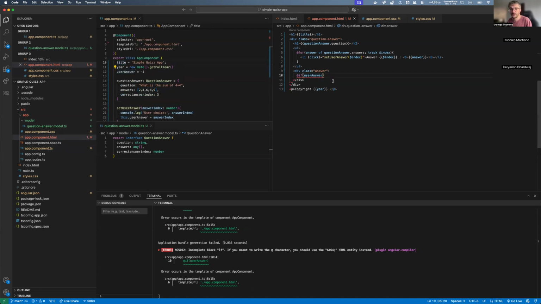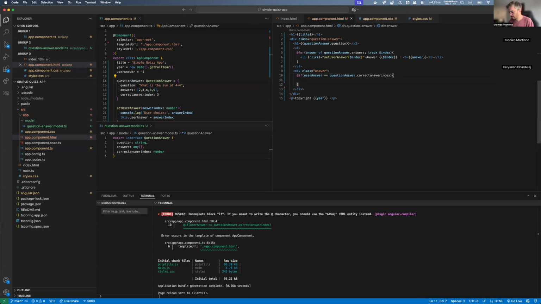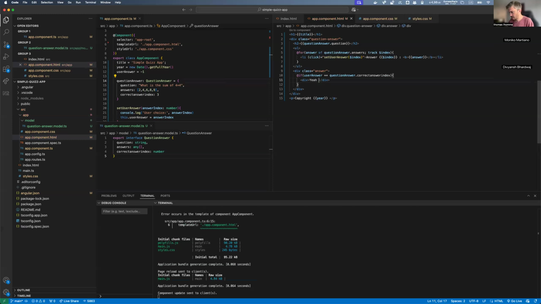If user answer is equal to the question answer dot correct answer index, it means that he clicked on the right one. So here we can display maybe a div returning: that's correct.